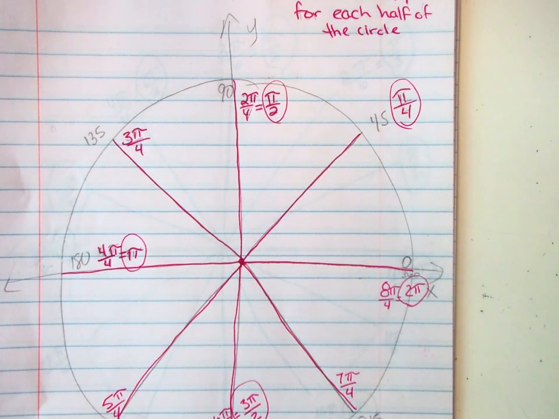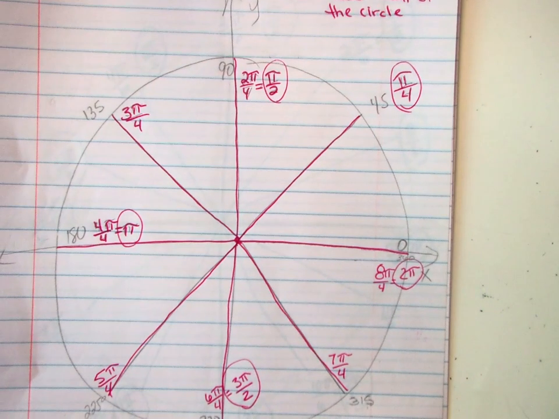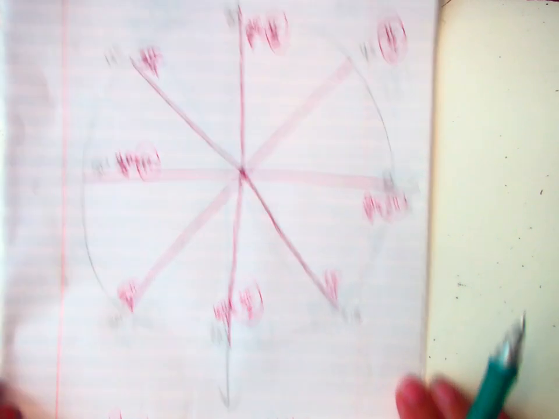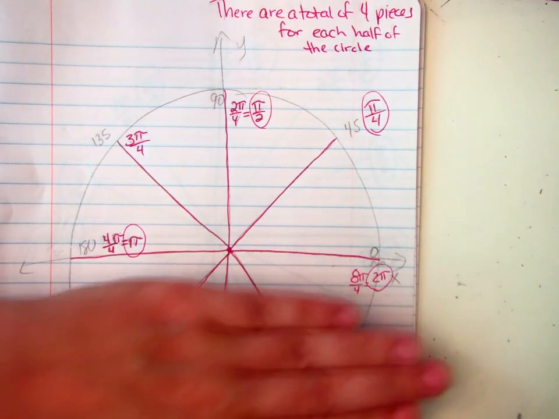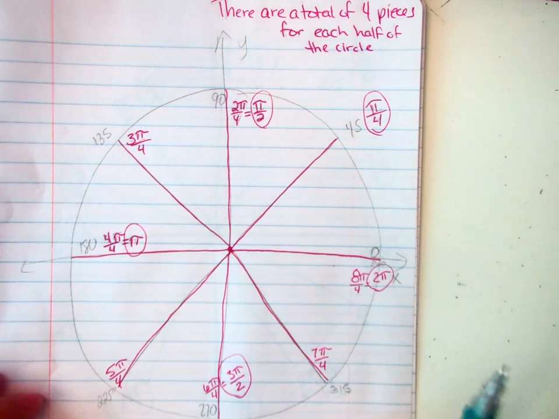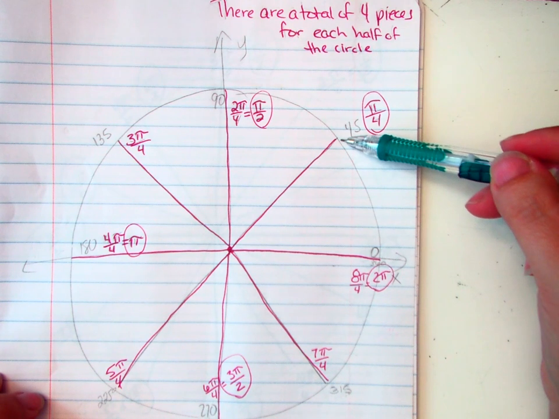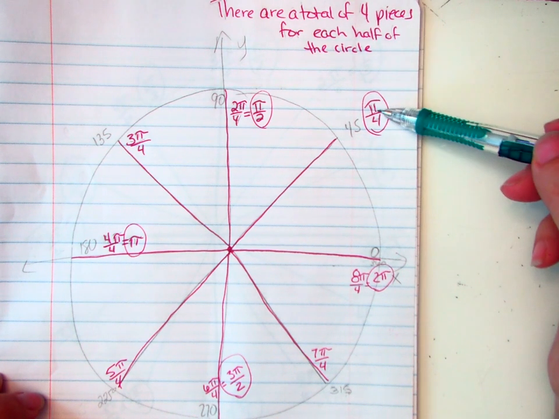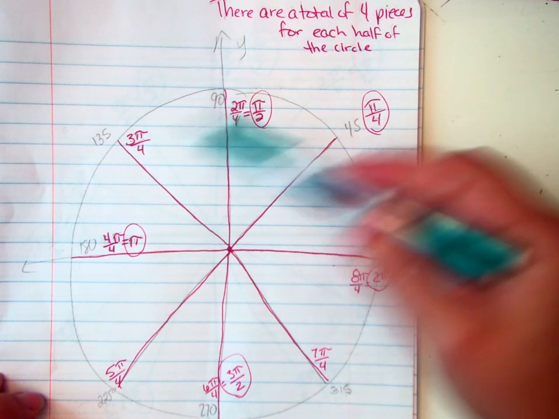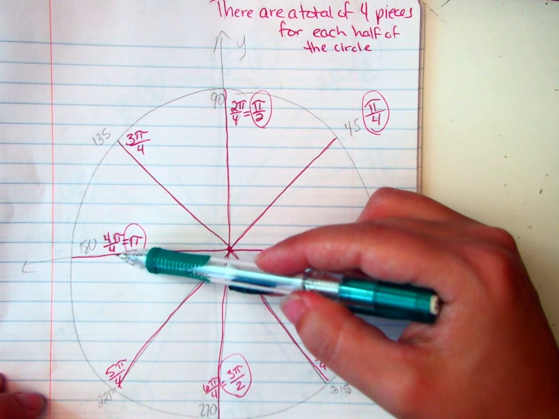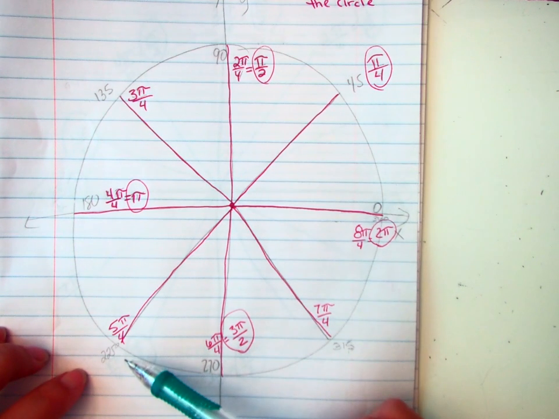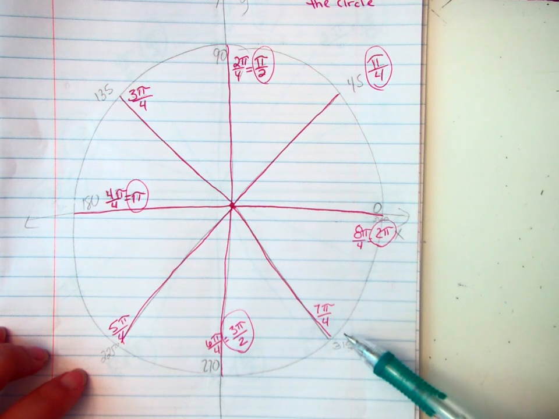The next thing I want to talk about is our radians. Let me zoom out a little bit. Okay, these are the radians, and I'm separating it into fourths. Okay. So if we look at the top half, I've separated it into four sections, okay? So for my 45-degree angle, that's 1 pi over 4. This is 2 pi over 4, 3 pi over 4, 4 pi over 4. If I add another section, that's 5 pi over 4, 6 pi over 4, 7 pi over 4, 8 pi